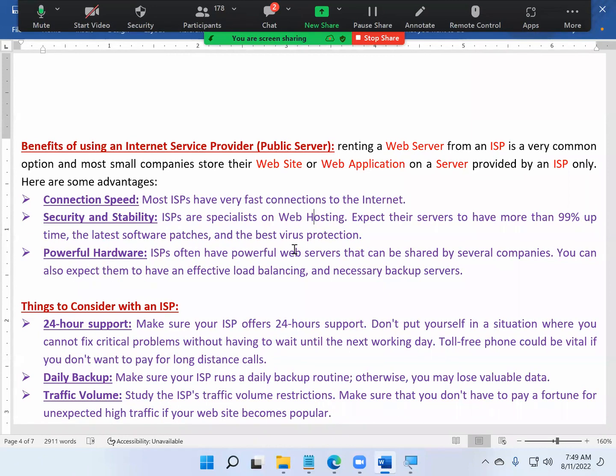Suppose there is a load on the servers; immediately bringing backup servers into action is not done by IRCTC. IRCTC won't do that because that's not a 24-hour phenomenon, only hourly, and why would they invest? Because the availability of seats is limited.